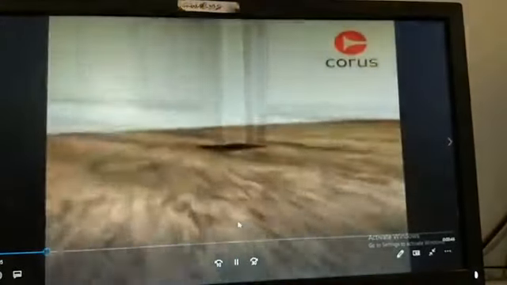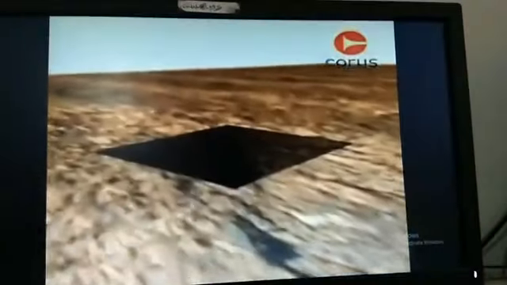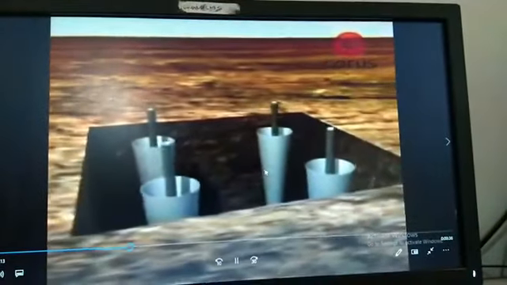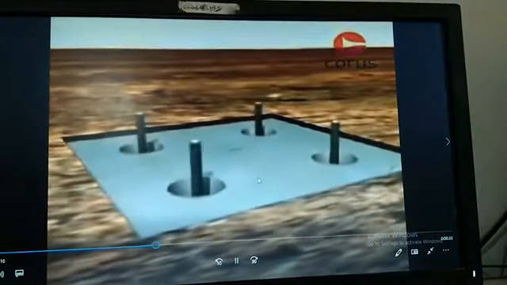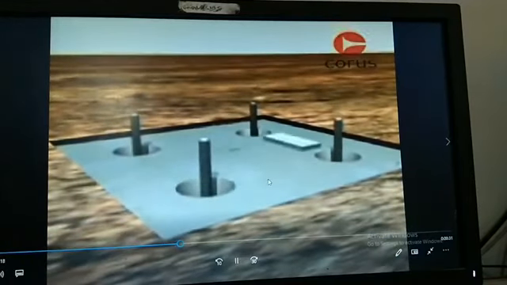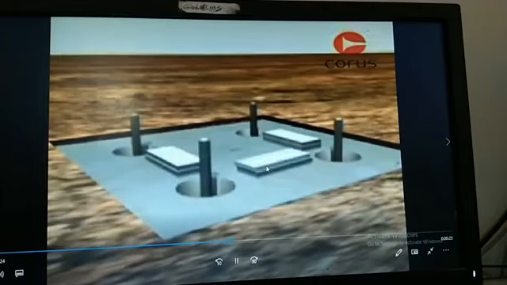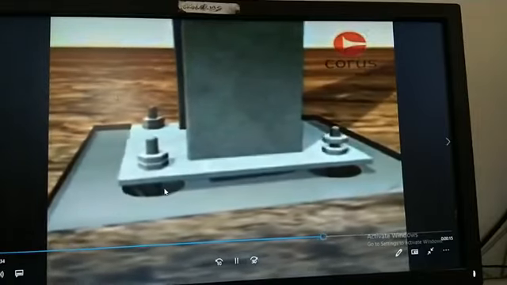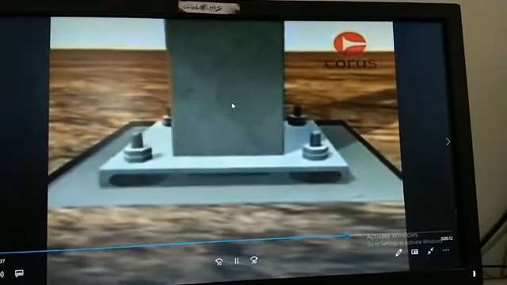Okay, you can see it again. So that is one way of connection. That is the other portion where we do connections. First, there is an excavation pit. Anchorage bolts will be placed, and it is cast with concrete. And you need to maintain some space in between, and after that you can do the grouting. So the slab base is connected to your anchorage bolts and the slab base is connected to the column.